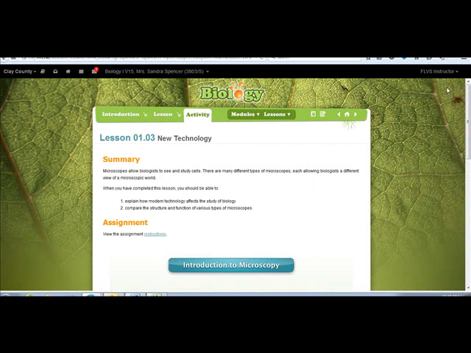To submit an assessment, you're going to go to this little tray icon that's right next to the lessons and right next to the little house where you would click to go to the home page. So I'm going to click on this little tray, and when I hover over it, it says assessments. I'm going to click on that,